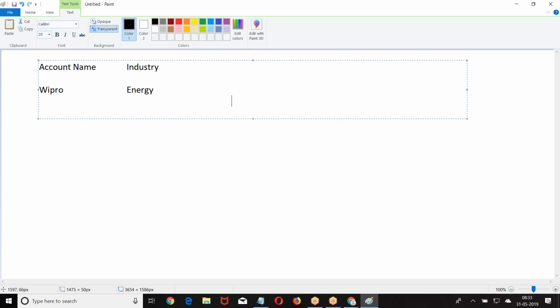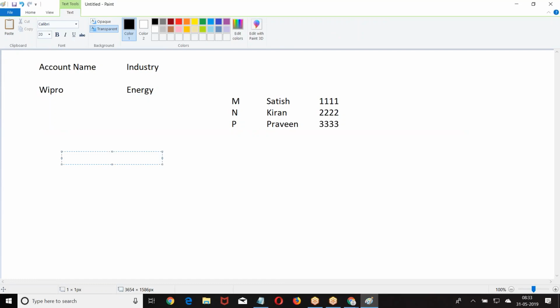Now look at the point. Here we have contacts. This is one account record. These are associated contacts. Now I want to know the name of the company and the phone numbers of the contacts.